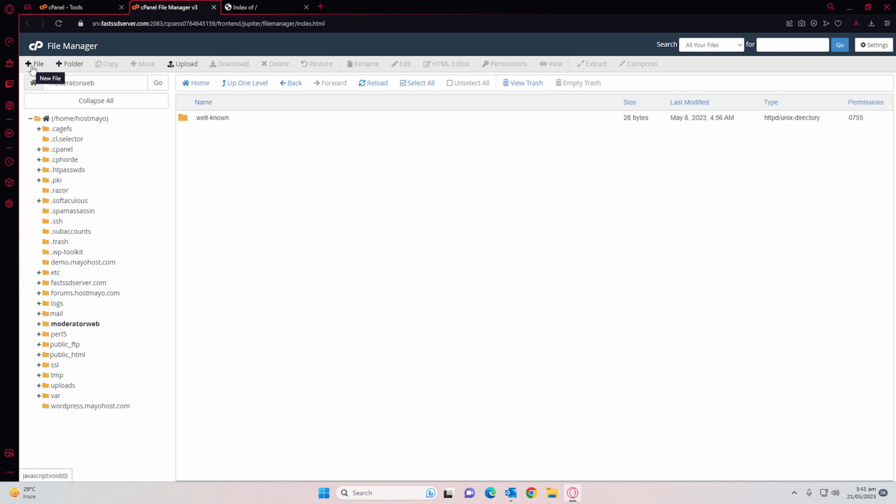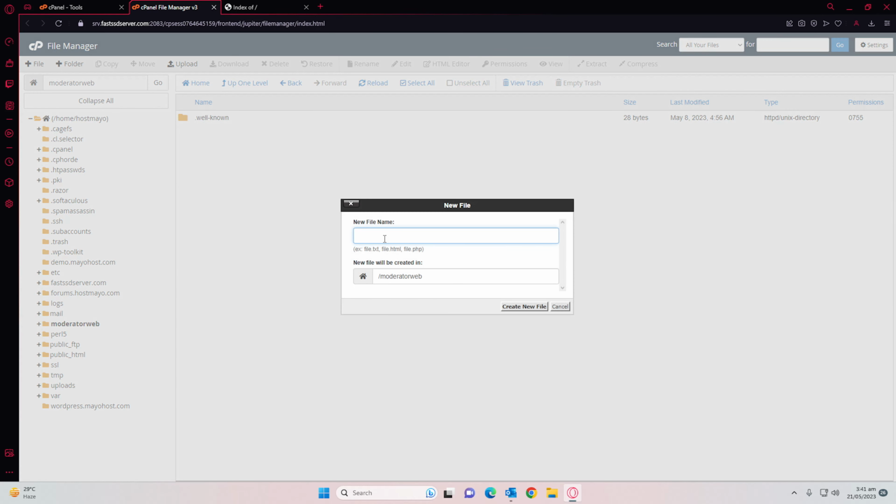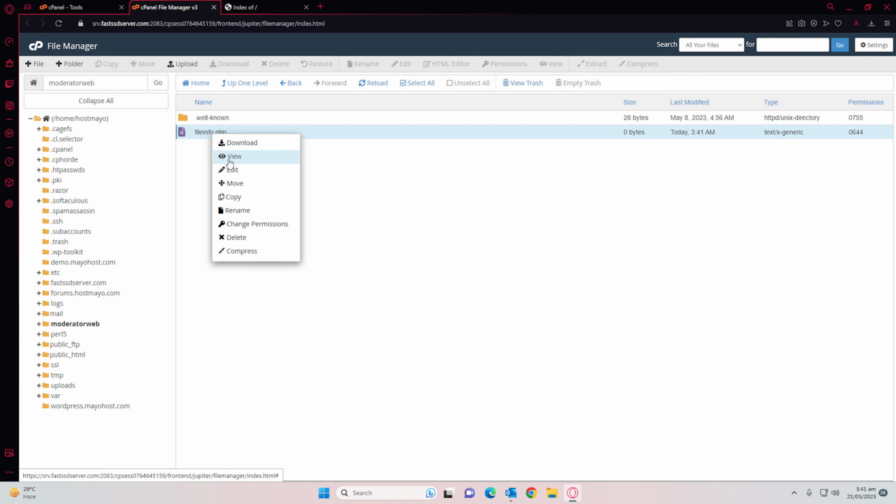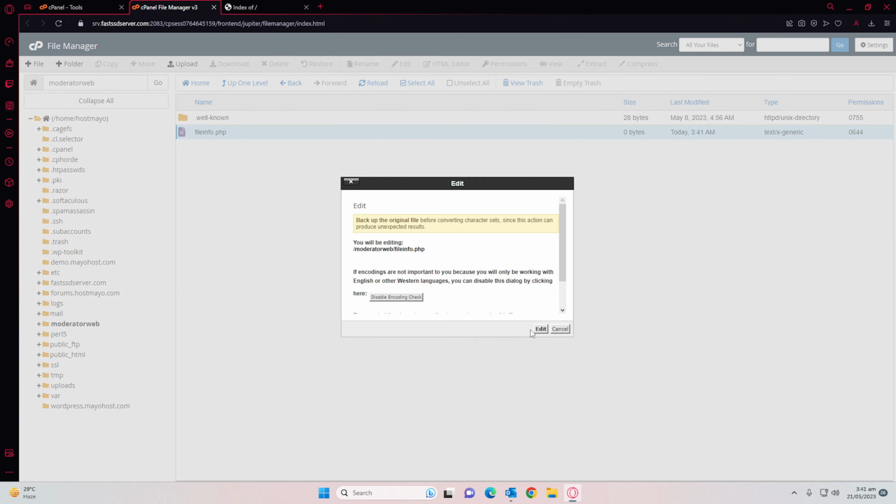Okay, let's create a first file. Let's name the file info.php. As we want to change the version of the PHP, we will need to know what's the current version of PHP it's running. So we have created a PHP file,